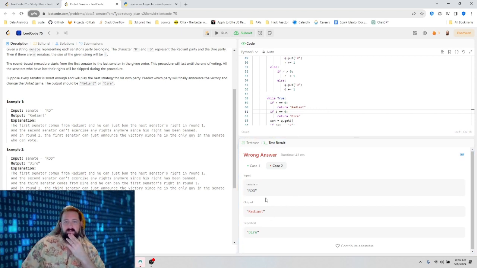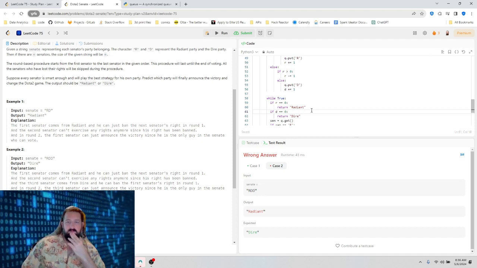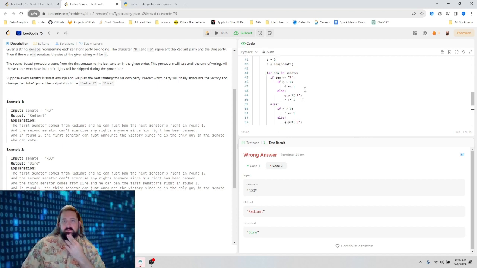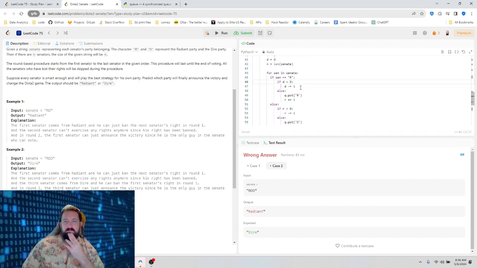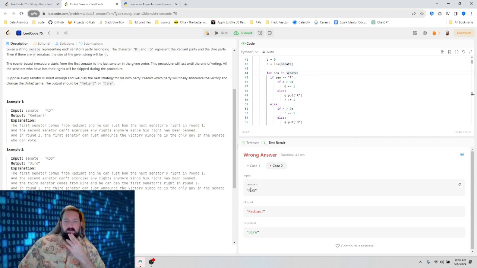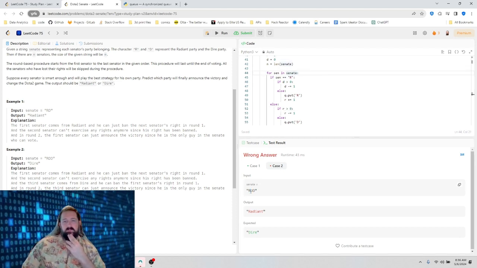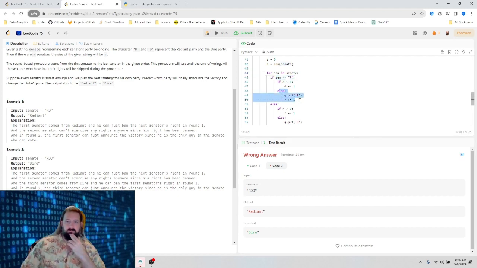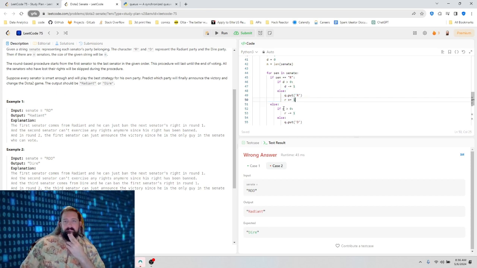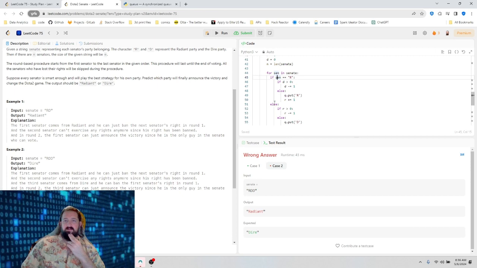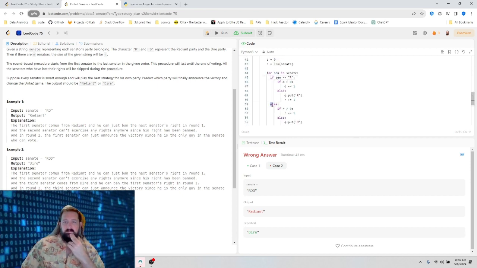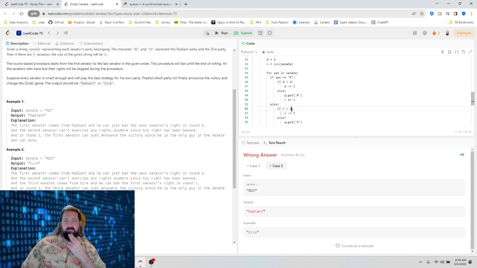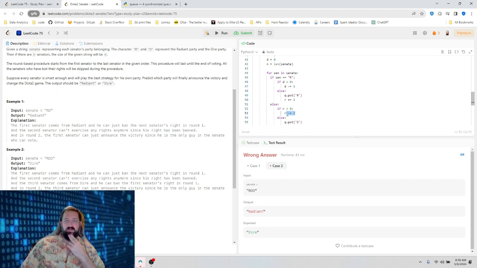Okay, so this returned poorly. That one, okay. So on this one, we go radiant, sen is radiant, D is not 0, so we Q put an R. And then we go with a D, so he is radiant. Radiant is greater than 0, so we R back down to 0.